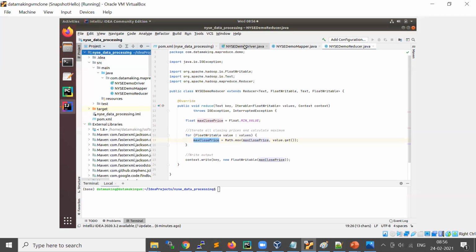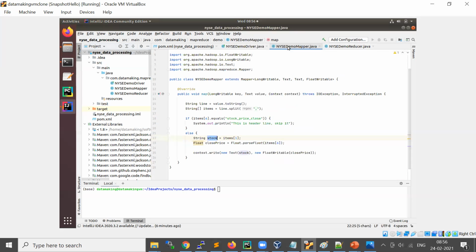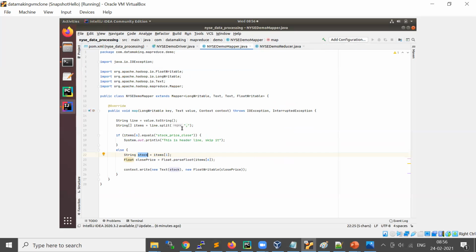For example, this is a simple Java program. We imported some packages, and these packages are by default not available in Java. To use these packages, we needed some libraries called jars.